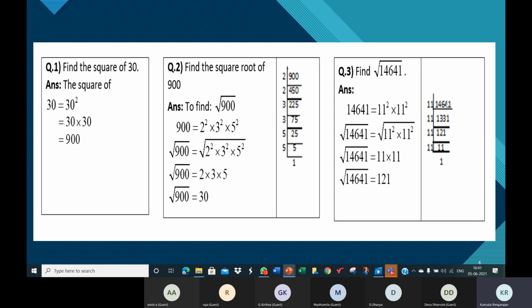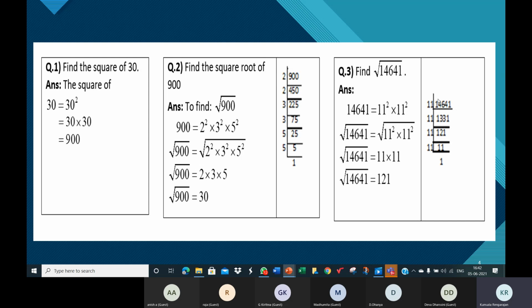What's a test of divisibility for 5? The number should end with what? If it is divisible by 5. 0 or 5. Yeah, the number should end with 0 or 5. If the given number should be divisible by 5, the ones digit should be 0 or 5. No, but this is 1, so it's not divisible by 5. And for 2 also, you know, the last digit should be 2, 4, 6, 8 or 0. So when you look at the number, you know it's not divisible by 2. When you add the digits, you get 16. And 16 is not divisible by 3. So this number is not divisible by 3.